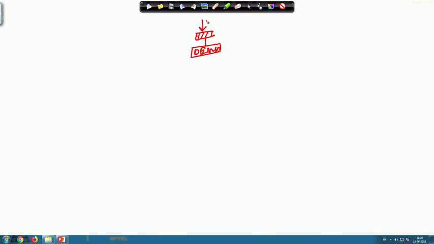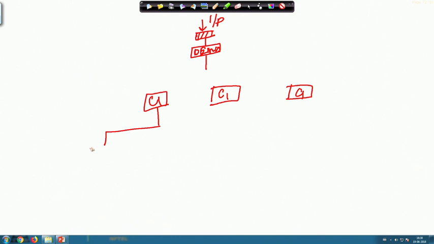This is the input. Then I need 3 of the corresponding C1 blocks, C1, C1, C1. Then this will be distributed to